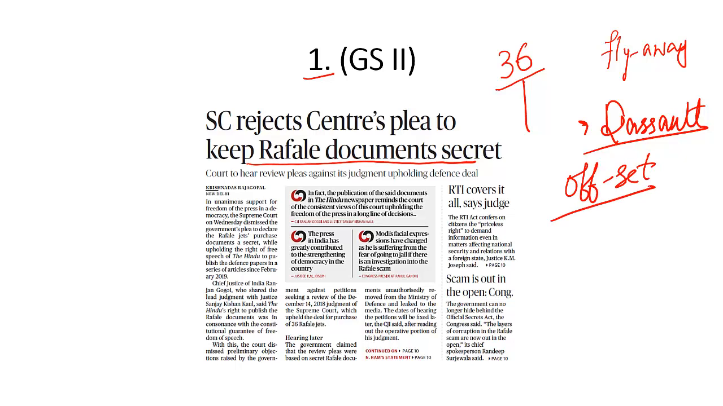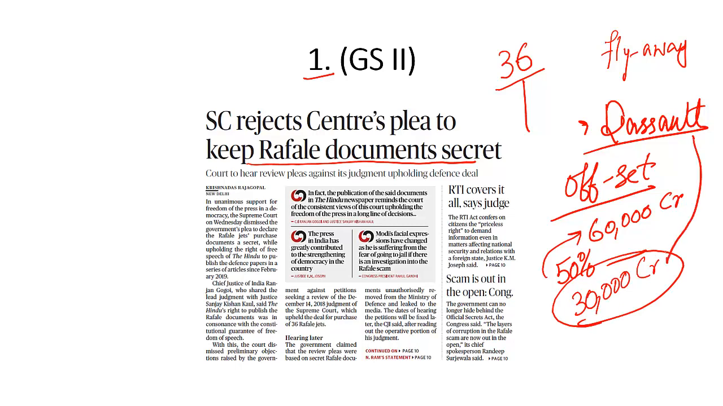And what is this offset clause? Let's assume the total value of this Rafale deal is 60,000 crore. The offset clause is set at 50%. That means what is the 50% of 60,000 crore? 30,000 crore. Dassault, the manufacturer of Rafale jets, has to provide 30,000 crore worth of contracts